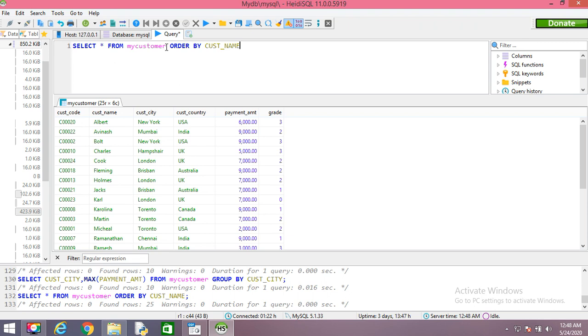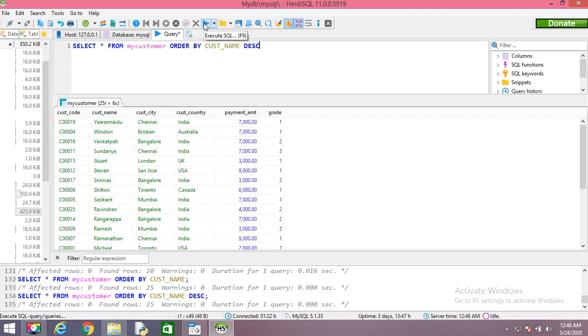And next, suppose I want to arrange the records in descending order. By default, the arrangement is ascending order. If you want to arrange the records in descending order, then you have to write descending. So this is in descending order, you can see.